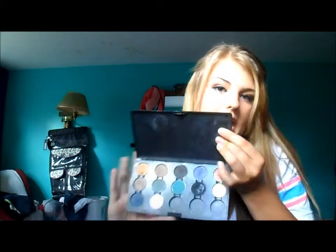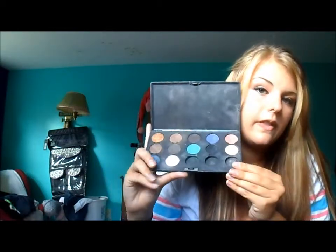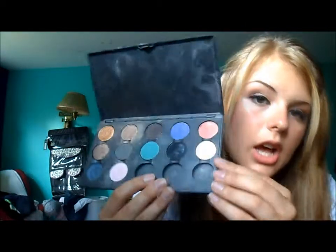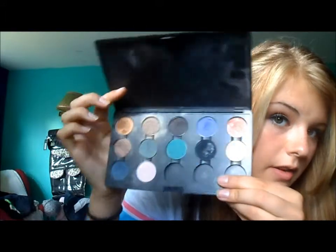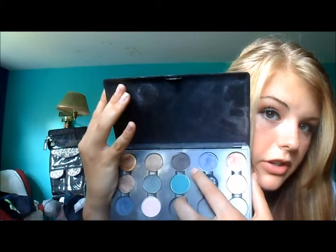The next thing is my MAC palette in general. This is the only MAC palette I have, but it has mostly MAC colors in it. The only two that aren't are these two, and this one's truly pink, just a baby pink, and this one is a dark blue, and it looks like that. And then the rest of them are just MAC colors. These ones, this one, the purple, and the dark brown are from a Hello Kitty palette, my first eyeshadows from MAC. And that was all the beauty,